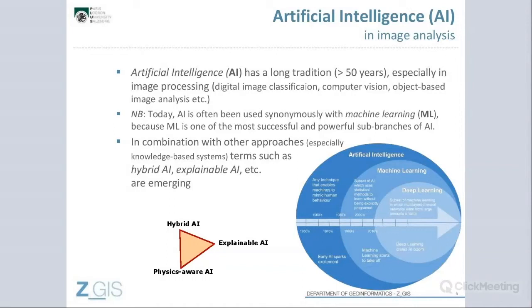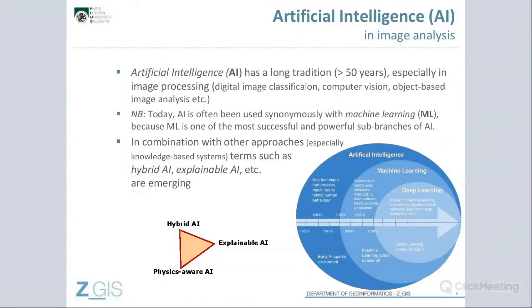So machine learning is not the same as artificial intelligence. It's actually a sub area of artificial intelligence. We have other components, like computer vision or knowledge-based approaches, that are not machine learning in the narrow sense, but this is at least the focus today. And whenever new paradigms come up, there is always the attempt to merge them with more traditional approaches.